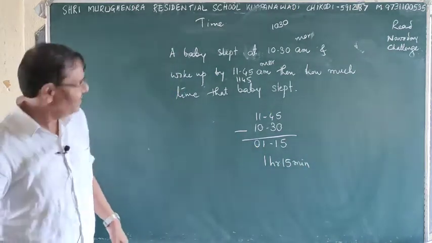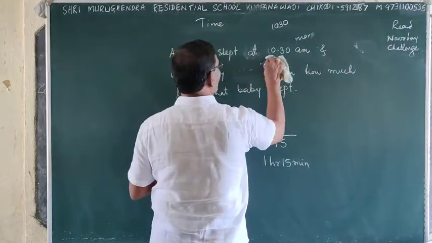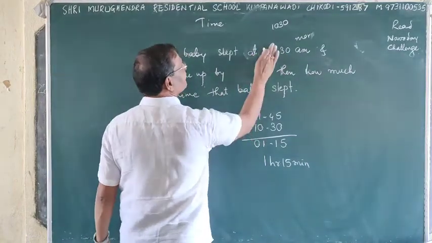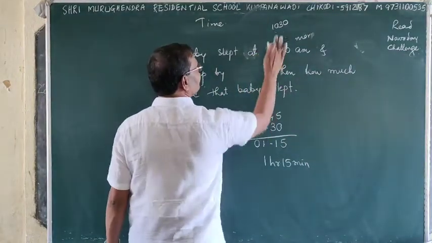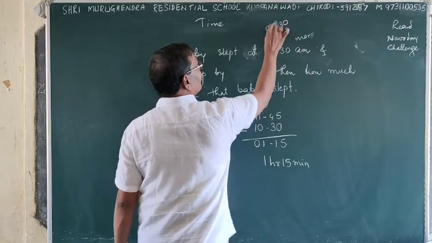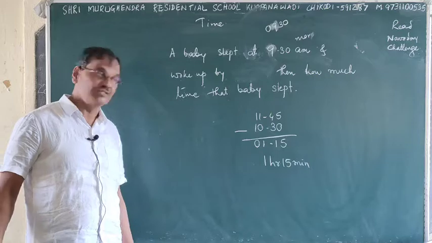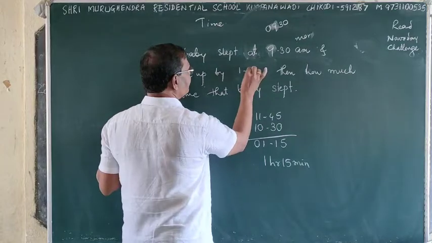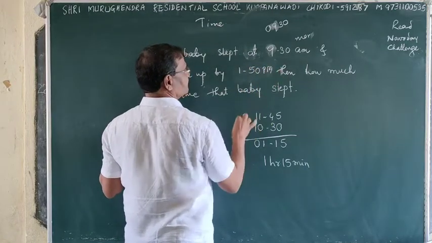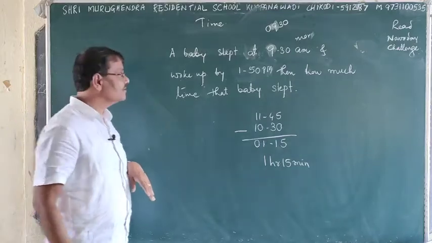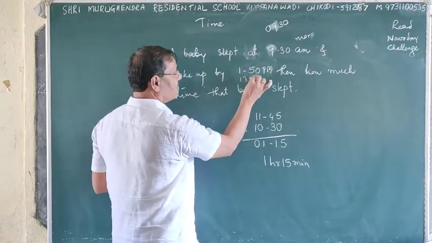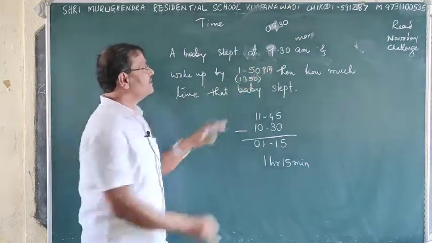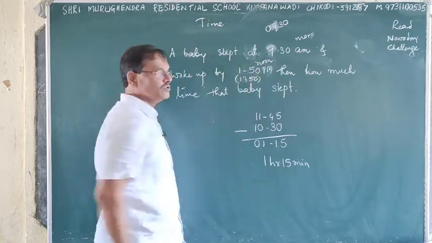Okay. See, if it is so, then what to do? Tell me. Here this is 10:30 it slept. Okay, we go for 9:30. Here in real time we can write it as 0930. It is also morning. 1:50 p.m. it wakes up. And see here, real time is 13:50, because p.m. means we are adding 12. It is noon, we can call it noon.